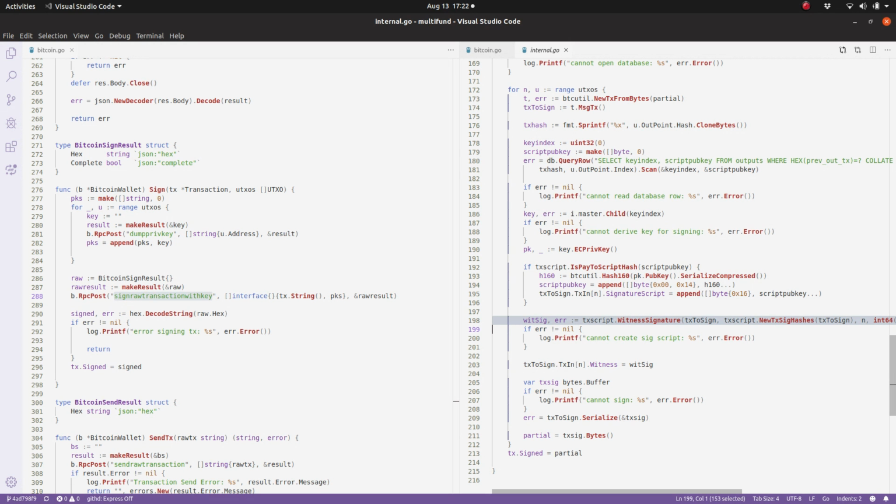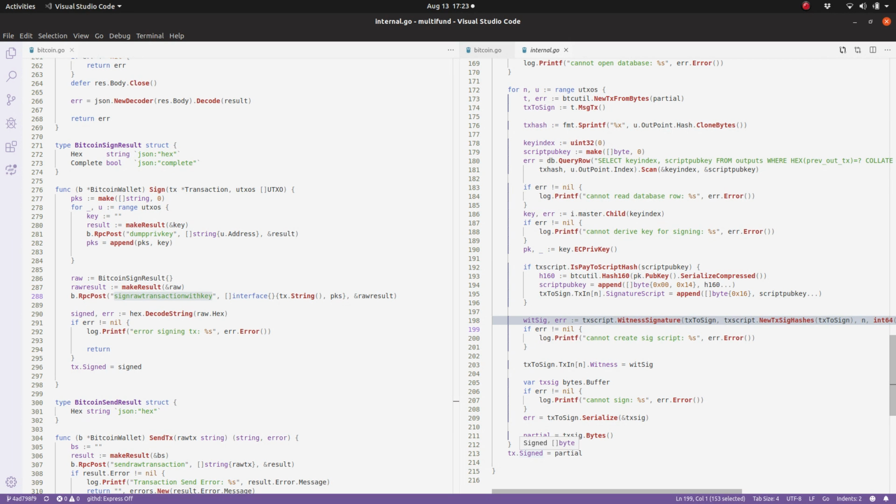Now this works great if you're using the Bech32, but if you're using the P2SH, which the internal wallet supports as two different types, there's an extra little step you have to go through here and supply the script pubkey input to the input itself as the hash of the public key. So that's an extra step. That's the way the P2SH works. But either way, we come down here, we do our signing, and after we loop through,